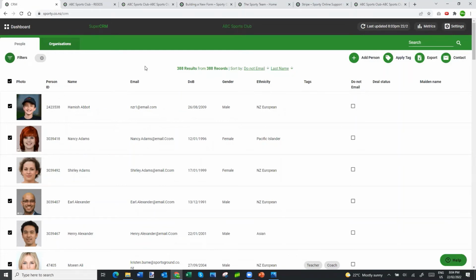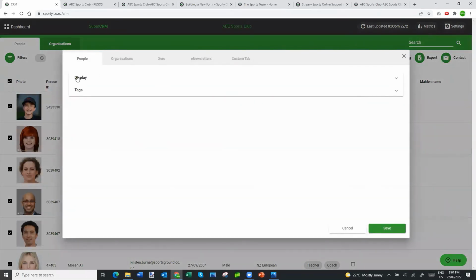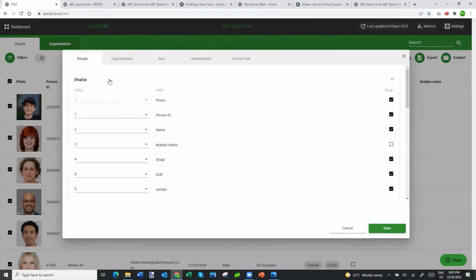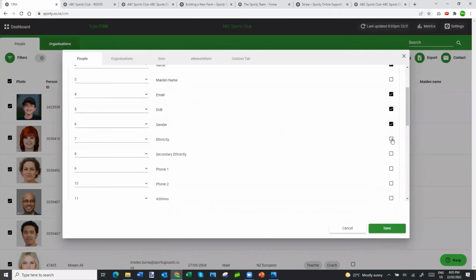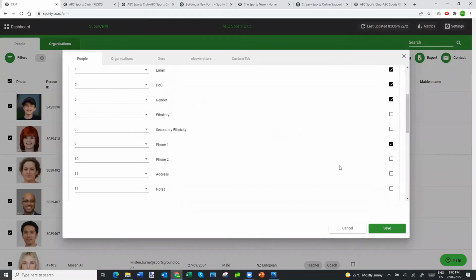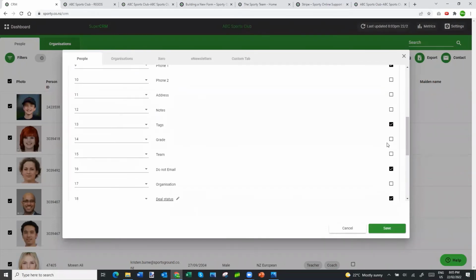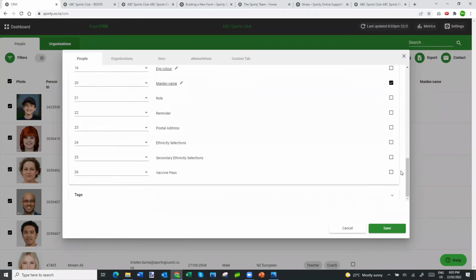So from this main grid view, the first thing I'd say is you can decide whatever fields you want to appear in this person grid. Right, so up the top right, there is a settings cog. We can click on that, and then under our display area, we can turn on and off whole columns for display. And as Joe scrolls down through here, we can see there's a whole bunch of other columns that we could turn on, like phone or ethnicity or whatever. Obviously what you are doing in here is introducing additional columns to the grid, so you don't want there to be too many of these on here. Otherwise it can end up,